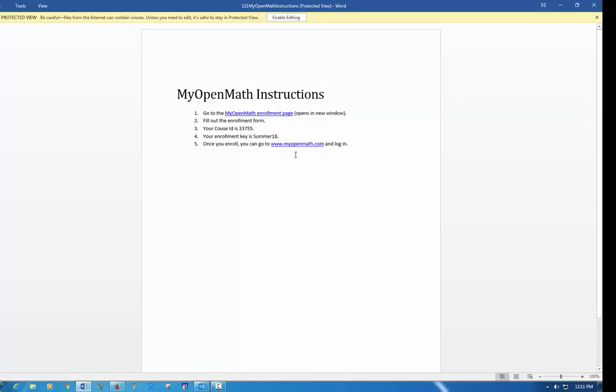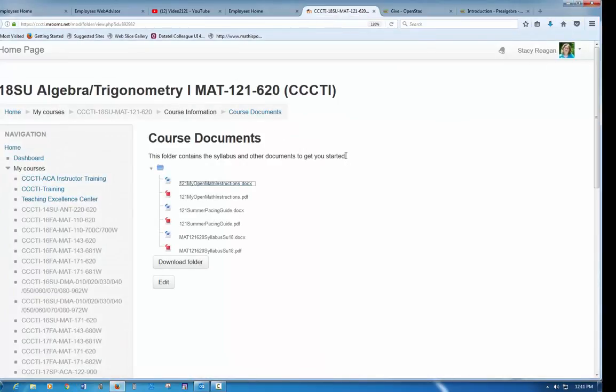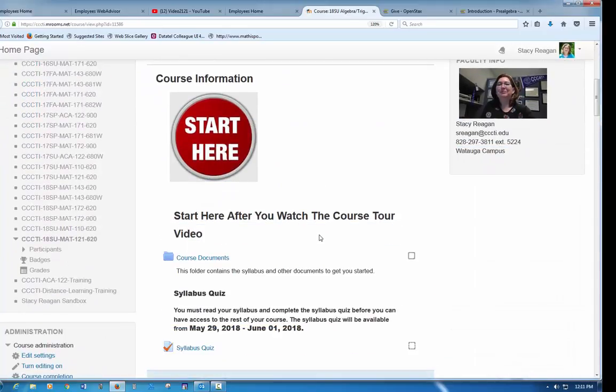Once you enroll, you can just go straight to myopenmath.com and you can log in, and that's where those online homework assignments will be. I will take the grades out of My Open Math and put them in Moodle, and you do have multiple attempts on the homework in My Open Math. So you will have assignments in Moodle and you have those assignments in My Open Math. If you scroll on down and look,